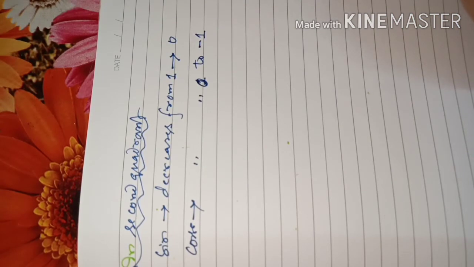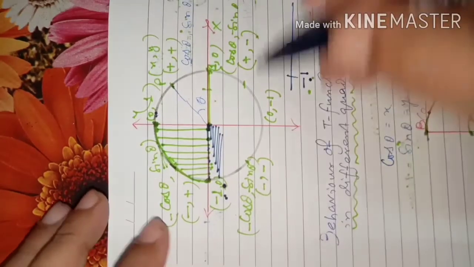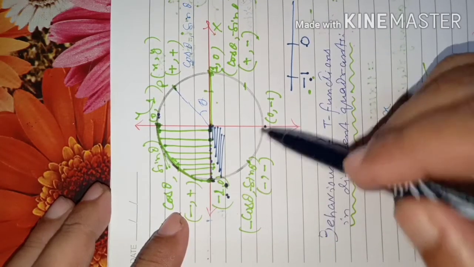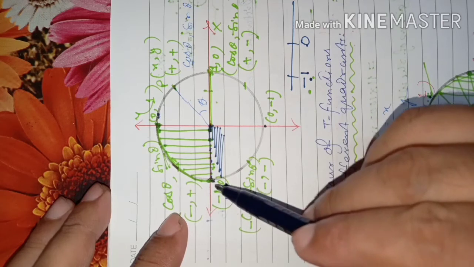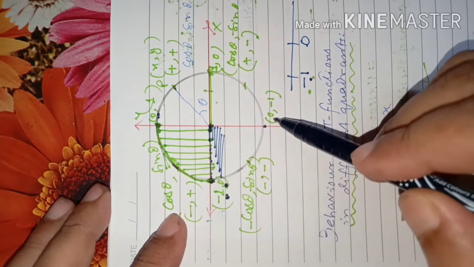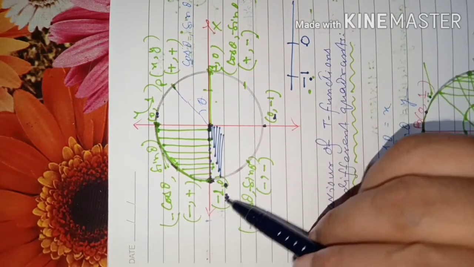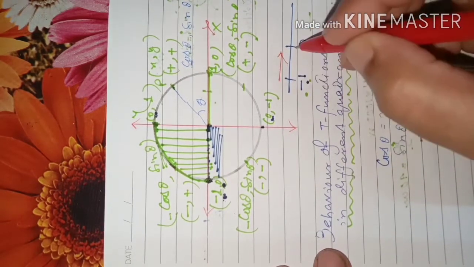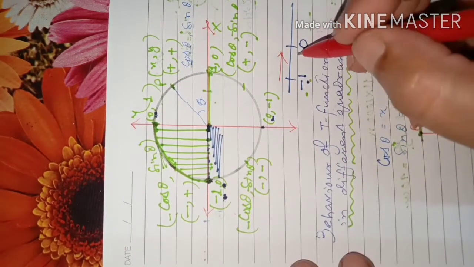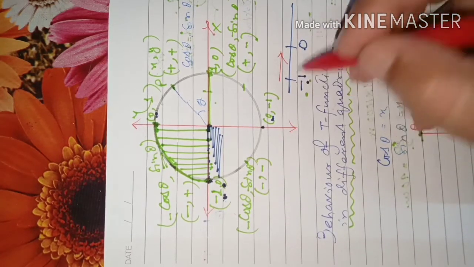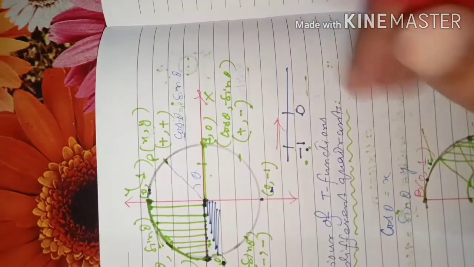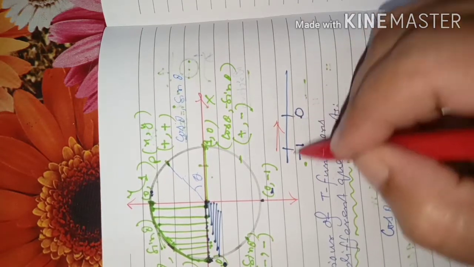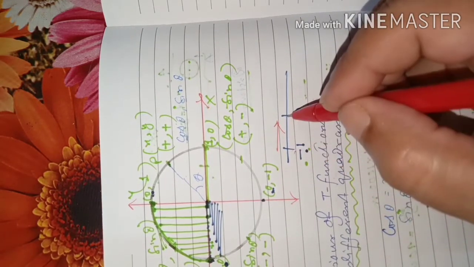Now, in the third quadrant you observe, as you are going from here to this place, cos value was first minus 1 here. Now as you are going to this point, cos value is now 0. Minus 1 to 0, going from left to right, is called increase. If you move from right to left, then it is decrease. On the number line, moving from right hand side to left hand side is called decrease, and left hand side to right hand side is called increase.